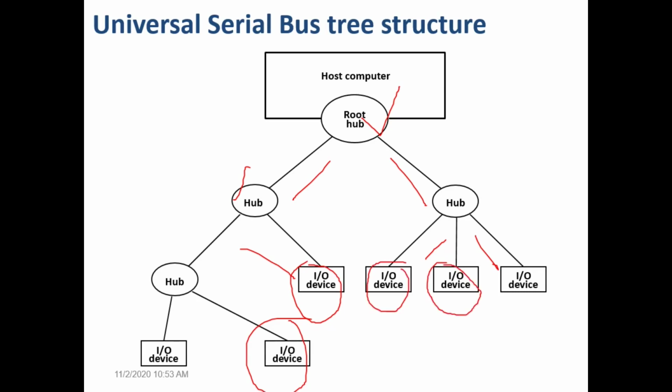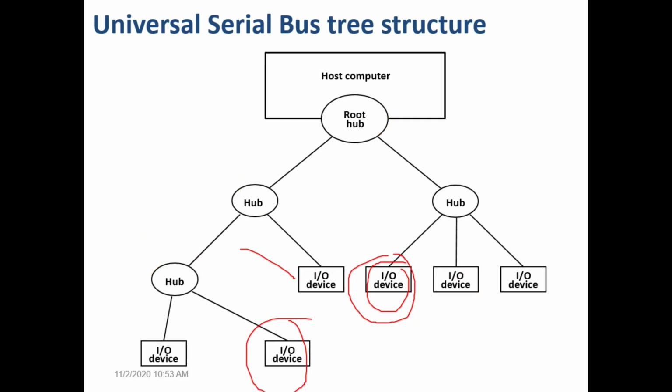Every branch ends with a leaf, and the branch intersections are called nodes. Okay, these are the nodes. When two branches, or two or more lines, intersect, it is called a node. And the end of every branch is called a leaf. So this is general about a tree structure. But how is the USB tree structure?